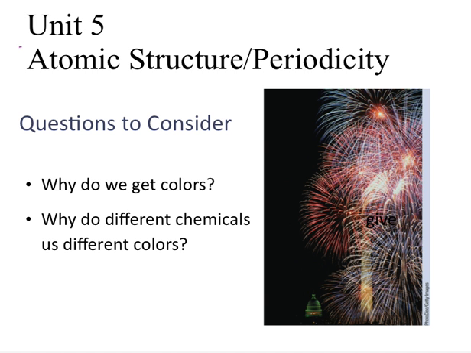Unit 5. Unit 5 is moving into atomic structure and periodicity, and we're going to be looking at specifically electrons and all about how the electrons roam and what their location is around the nucleus, and get into electron configuration, remember periodic trends, all those fun things. We'll be getting into that, but first today we're just going to look at electrons as waves, looking at their wave-particle duality. We're going to look at these electrons and what properties they have when they're treated kind of like